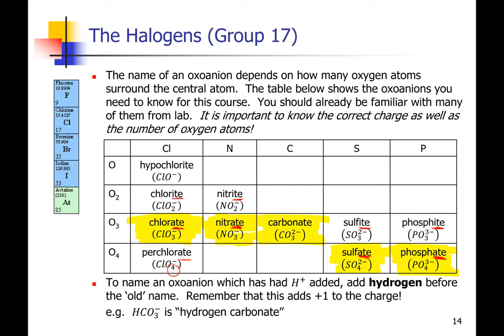And then the last point to remember is that if you partially protonate your ions, so if you add a single proton to something with a -2 charge or to something with a -3 charge, then you reflect the addition of that proton by adding the word hydrogen in front. So, for example, if we were to have a proton and add it to CO3 2-, we would get HCO3-, and so the CO3 2- is carbonate, the H+ is hydrogen, and the H